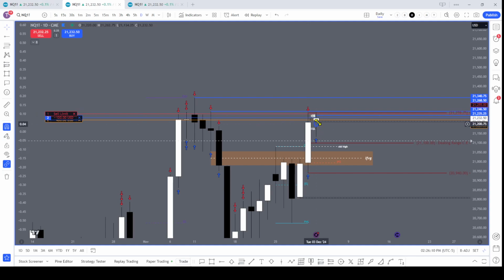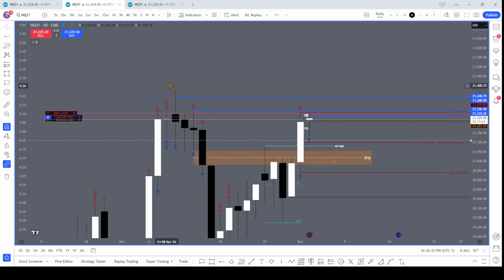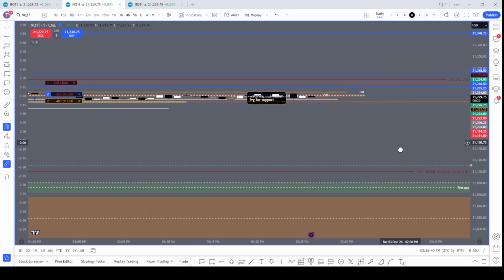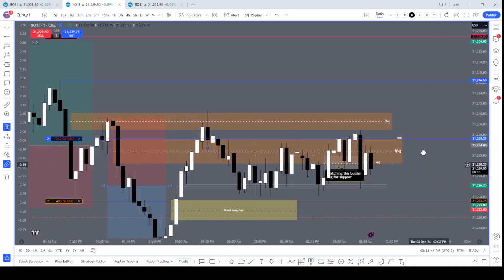So now, this day that we are in, Tuesday, this could be just chopping around because it wants to stay in this vicinity. So Wednesday, we might trade down into this inversion fair value gap, touch it, and then have big moves higher using the news for Wednesday and Thursday. So we might not get much movement, especially PM. We already moved around a couple times in the morning time. So from here to 4 o'clock,